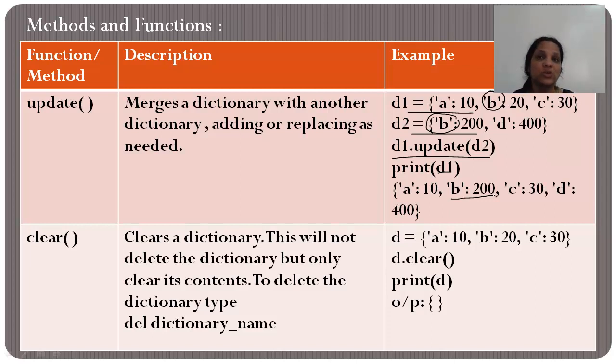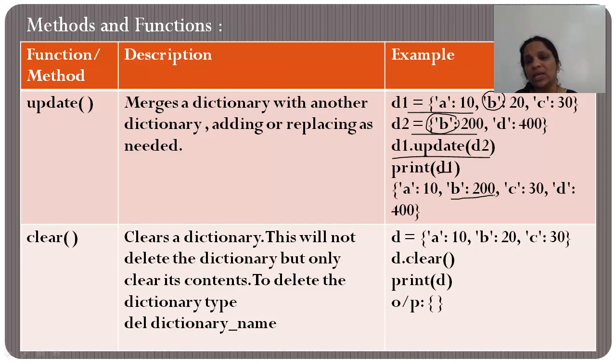Another important thing, isn't the dictionary growing and changing? Why? Because we have learned dictionaries are mutable. You can actually go and change the elements in that particular memory location, correct? Okay, and the last function that we need to do is the clear function. Even without me explaining, I'm sure you know what it does. It just clears the contents of the dictionary and makes it an empty dictionary.